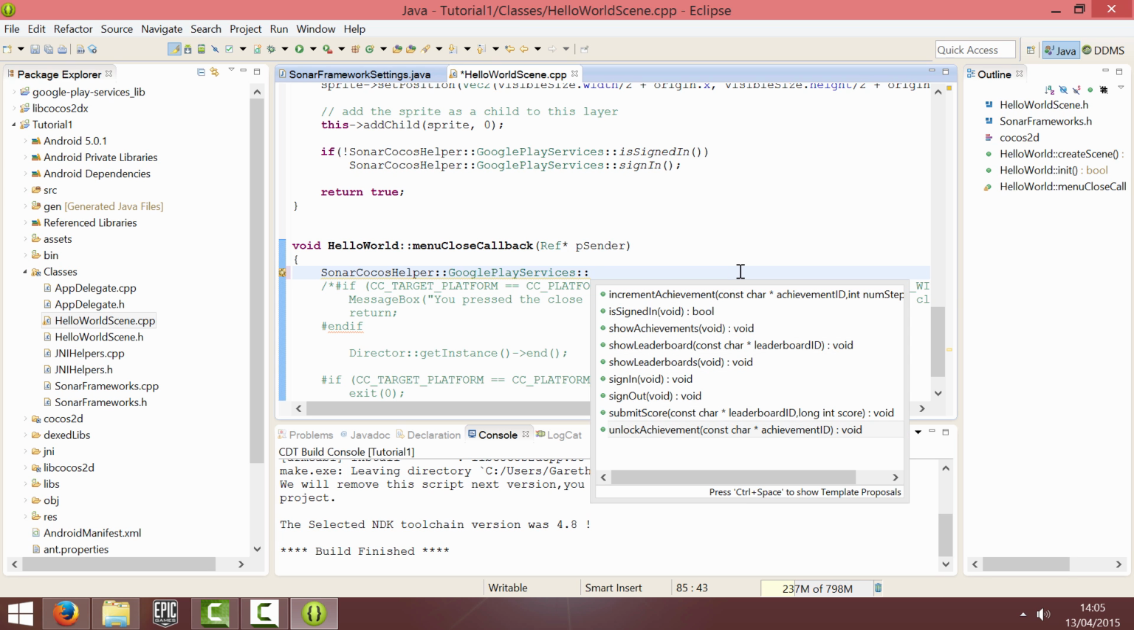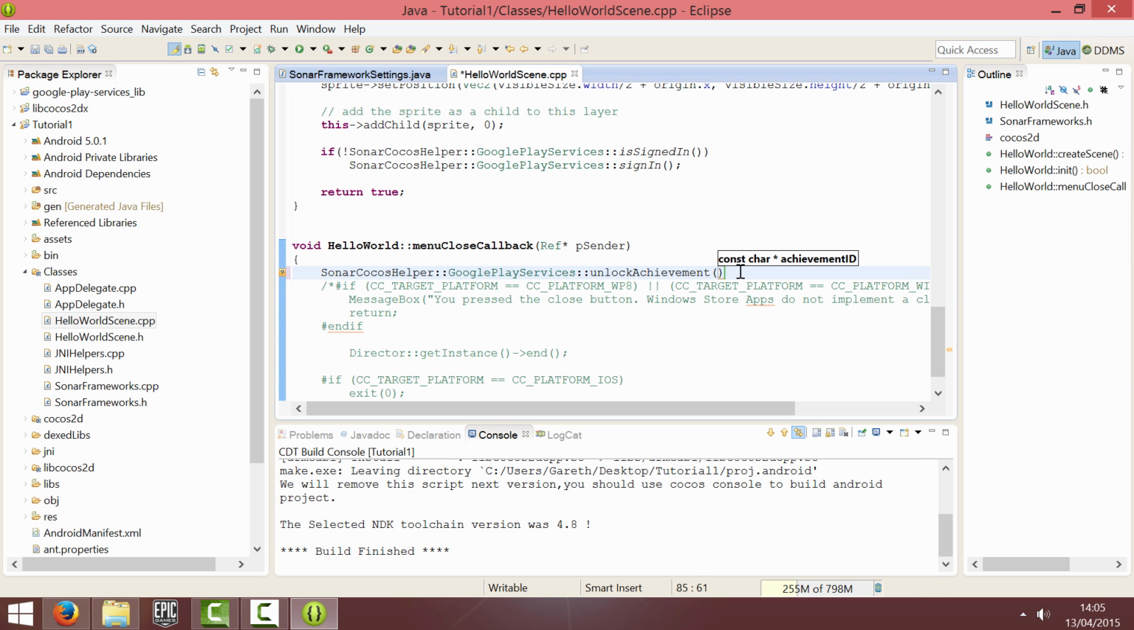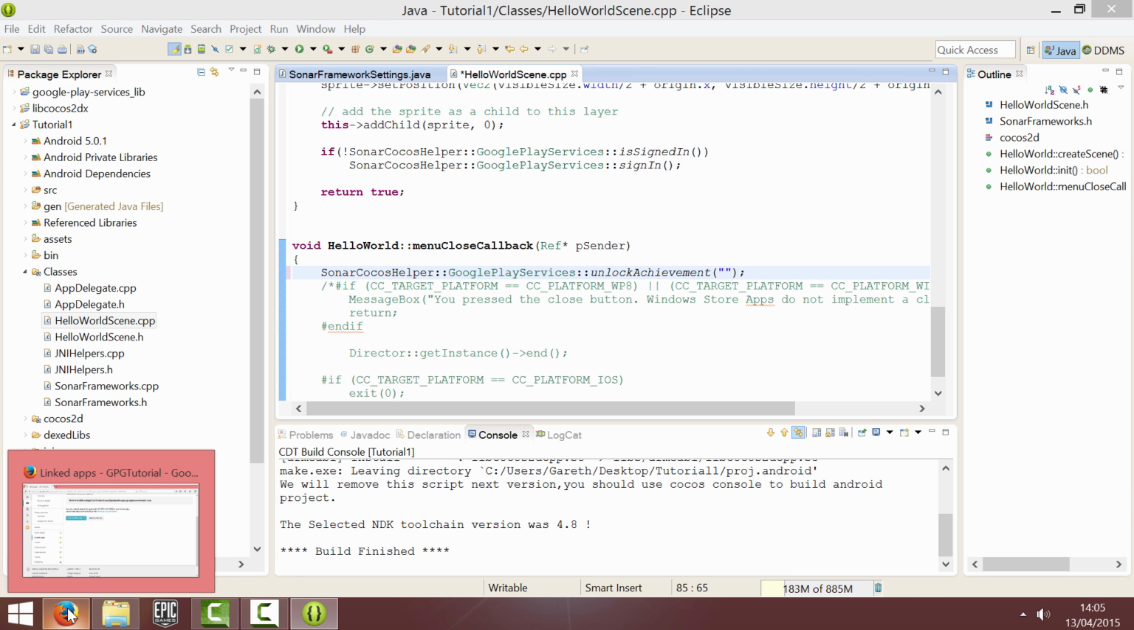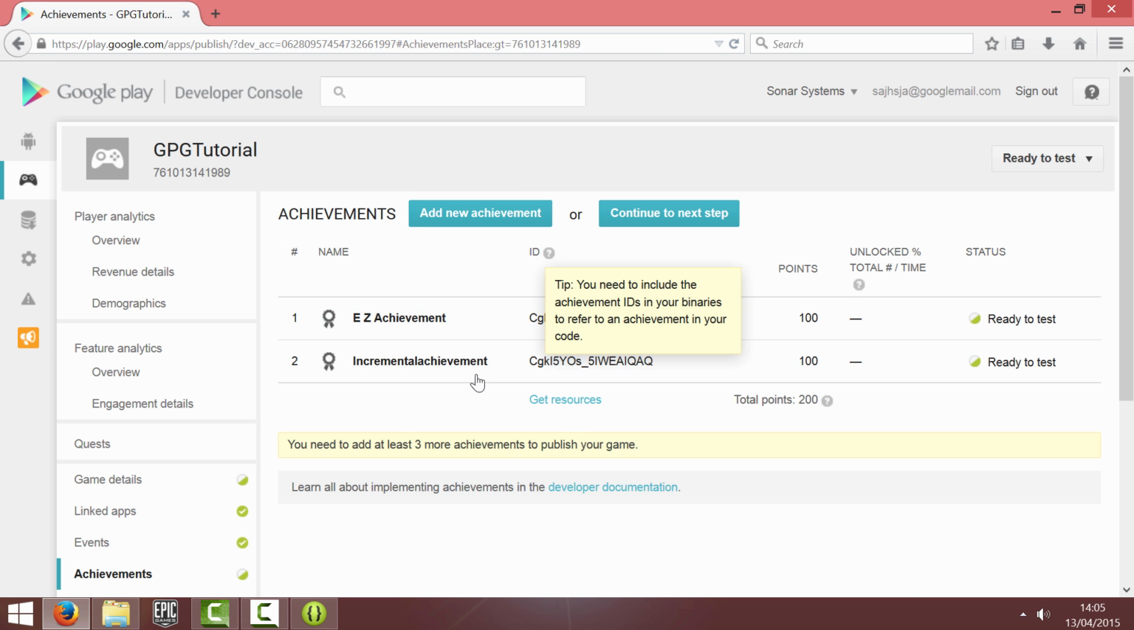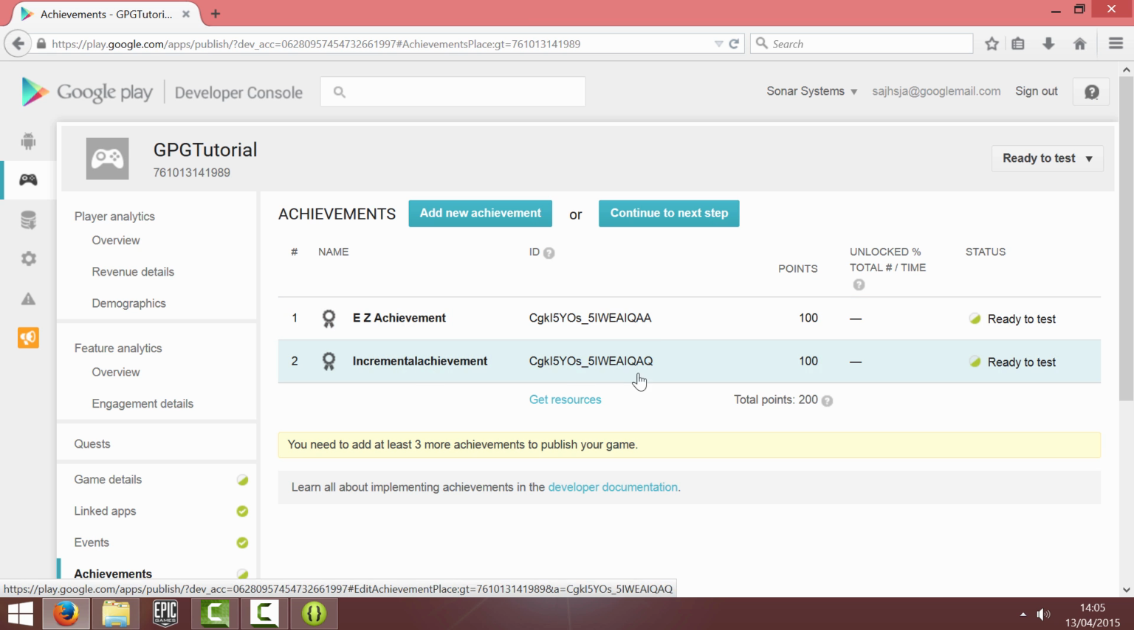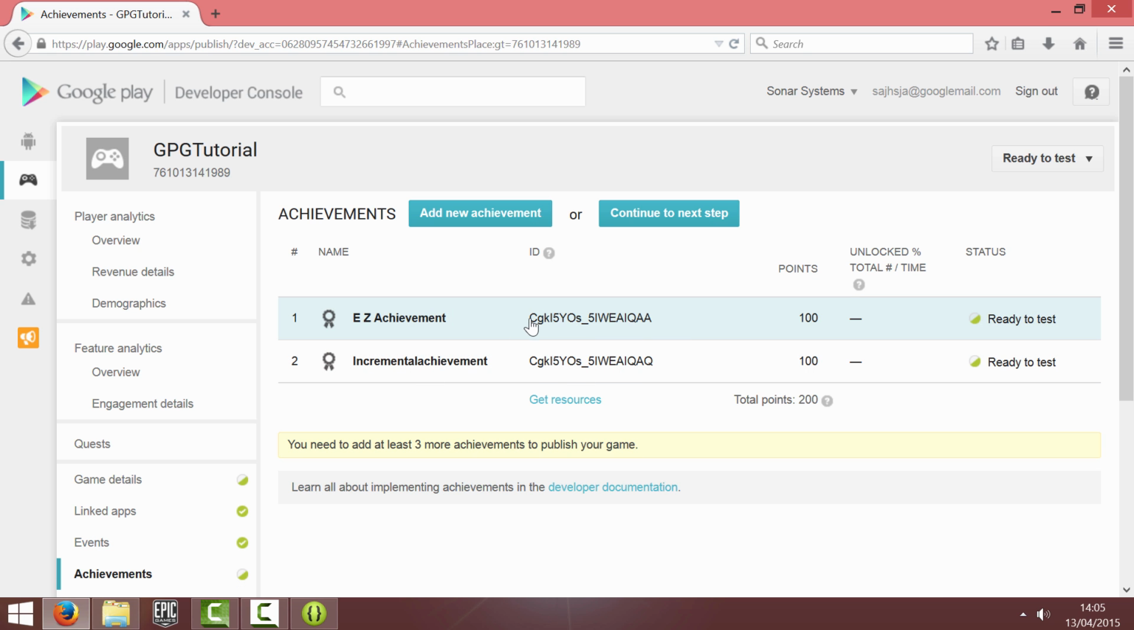So you see you've got this unlock achievement function, which takes the achievement ID, and usually you would probably put all your achievement IDs in one place, like a definitions header file or something like that, but I'm just going to hard code them for the purpose of this video. And where you get your achievement IDs is, if you go back to the console and go to the achievements list, you can see each achievement you create gives you an ID. So I'm just going to grab that ID